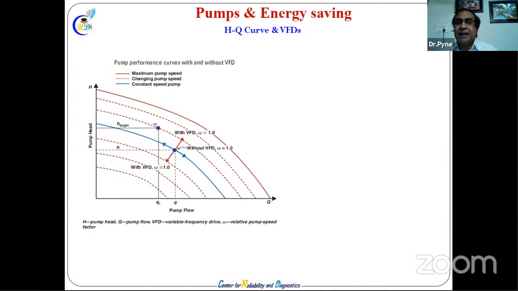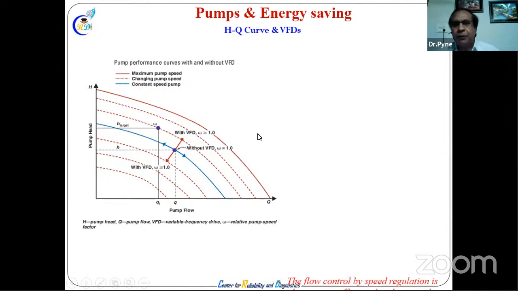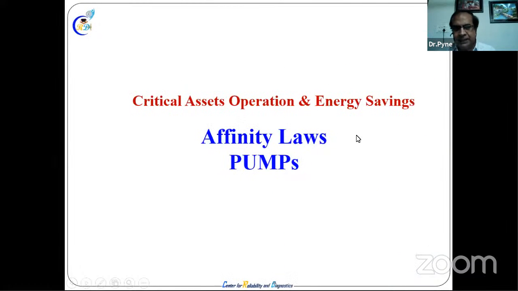So, pumps and energy saving. Now we understand that by using VFD we can just move this dotted curve up and down. More than VFD, this is the best efficiency point, the blue one, and you can move it up or down. If you want to put a little more energy but you need a higher flow requirement, you can always play with this. So that is what he describes here.